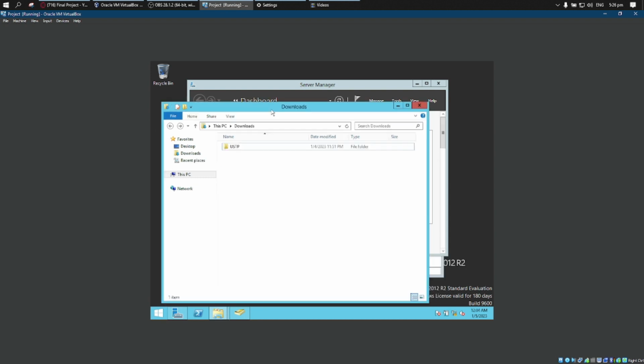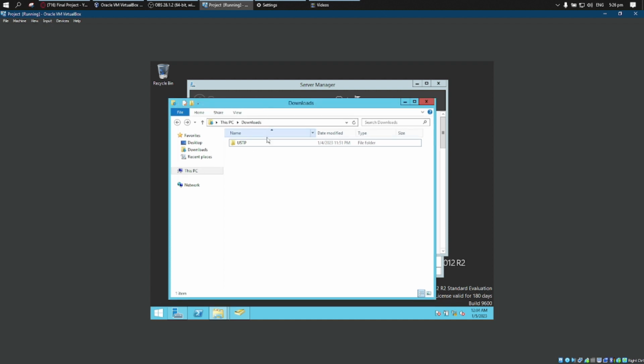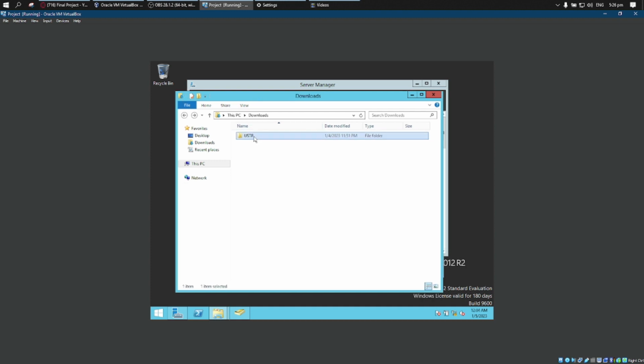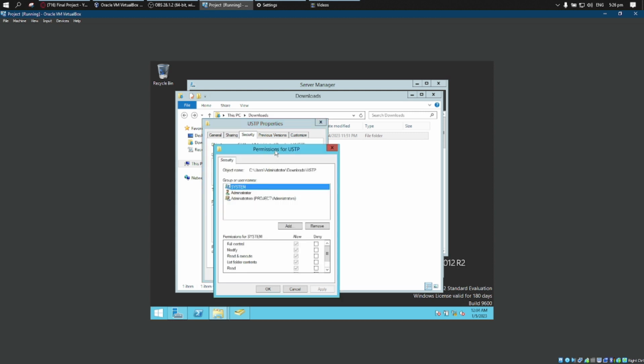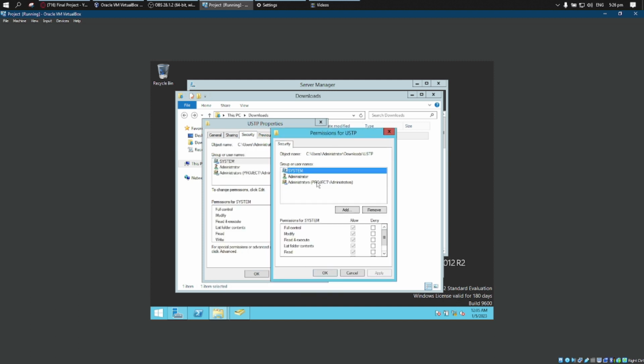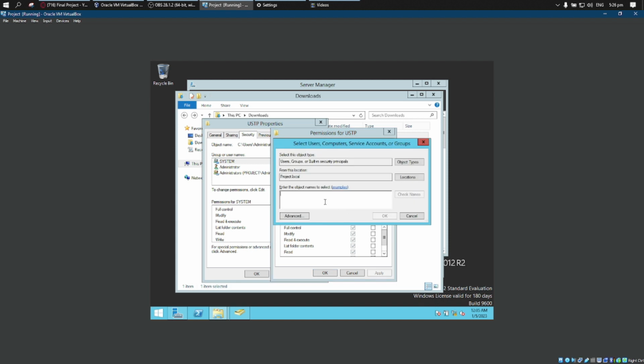Gonna show how to apply permission. So here this is our folder. You're gonna right click it, properties, and go to security. We're gonna edit because we will have a permission to access this folder. Let's add the groups first, the ICTS, check names,